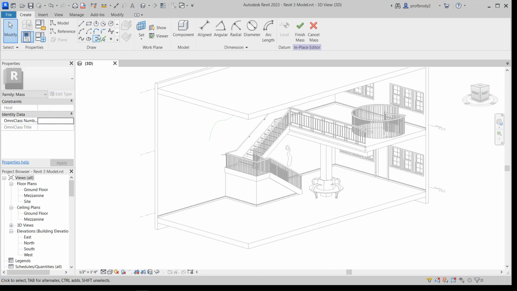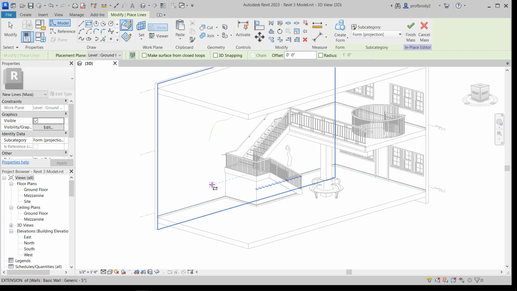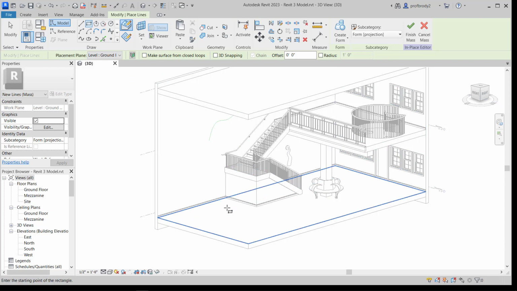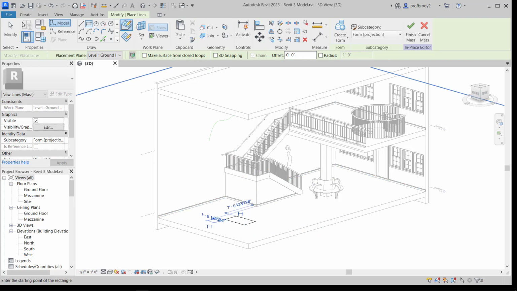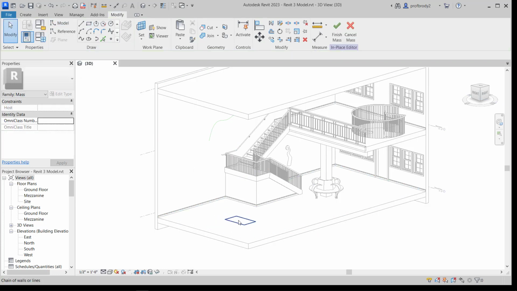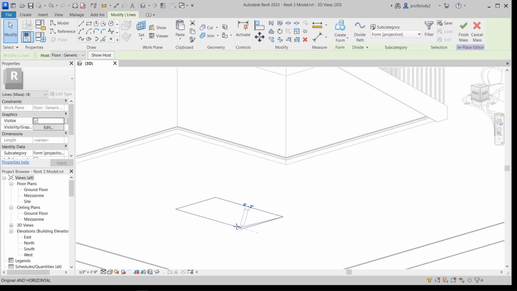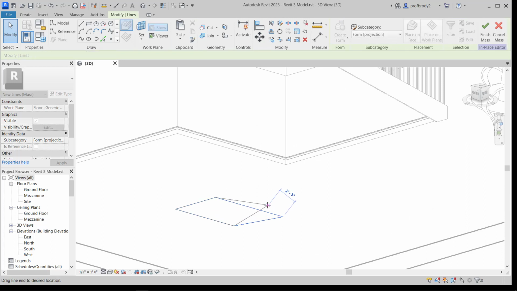And basically you have some similar drawing tools. So for example, I could draw a box, but look at the way my cursor behaves. See how it jumps to anything my mouse is over, and it will draw on that reference plane. So you no longer have to be careful about defining your reference plane, and it's a little more like SketchUp. The other thing is you can create these objects, and once they're created, you can manipulate